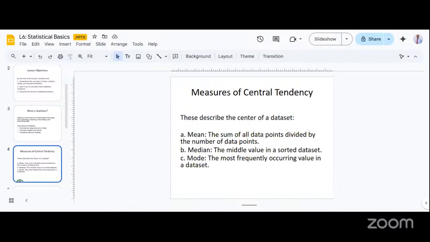So the measures of central tendency is a subcategory under the branch of statistics that talks about the identification of a single value that can be used to represent the range of other values in a particular set. So it talks about the identification of a single value that can be used to represent or estimate the quantity or the measures of the other values in a particular set.